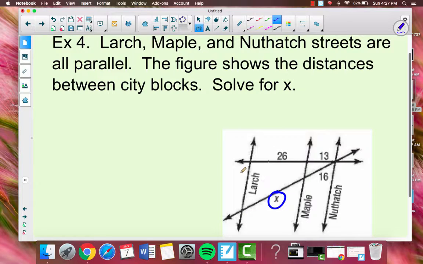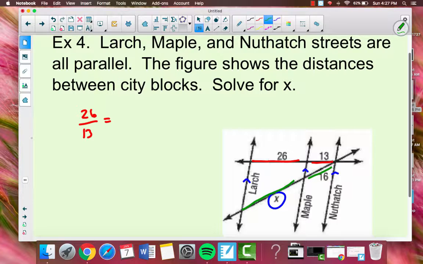So the key here is that they told us every street, Lark, Maple, and Nuthatch, were parallel. So we've got these nice parallel lines cut by 2 transversals. So this is using the ratios that we just talked about. So I'm just going to set up a proportion. I'm going to say 26 over 13, because they're from the same side, is going to be equal to, and then we're going to do the same for the other side, x